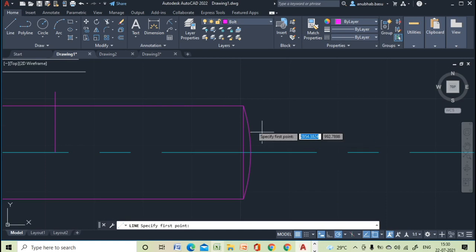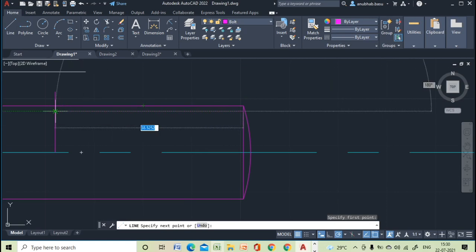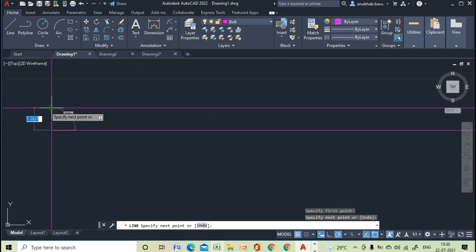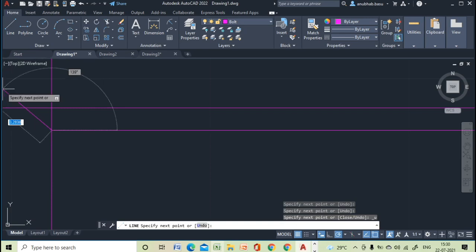So say I'm taking the arbitrary thickness of the teeth, and I'm drawing it up to this point.